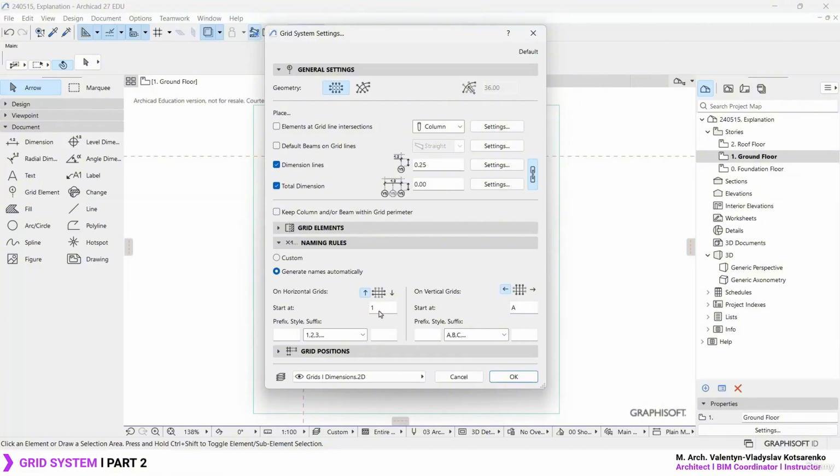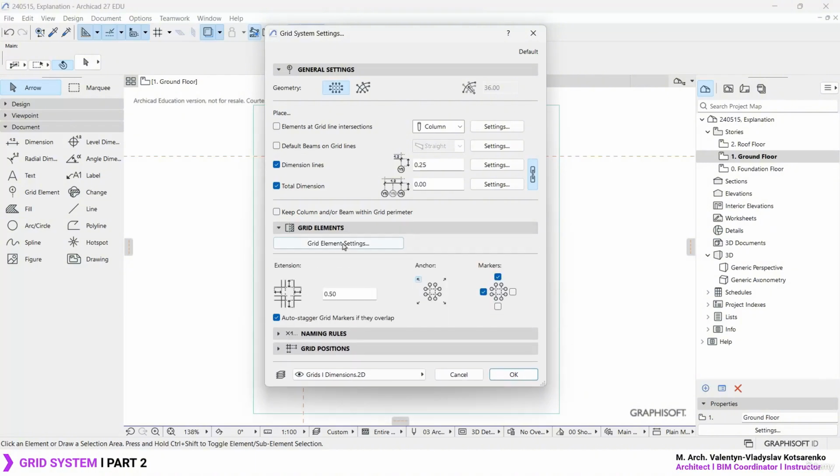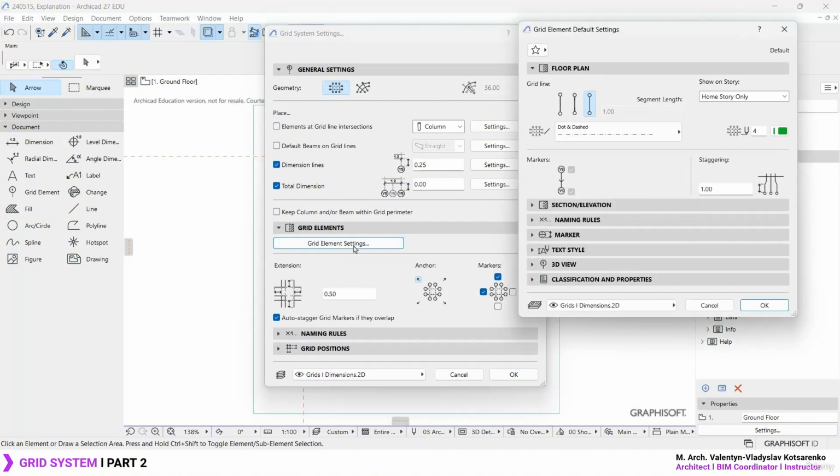In this case, instead of starting 1 on the very top, let's set it to be on the very bottom and invert this side over here. So the naming is going to be on this side, the naming is going to be on this side. I usually mess up these ones over here, but as always, it's a little bit of trial and error, no worries. Now for the grids, I noticed that it's still too big, so I'm just going to activate once again